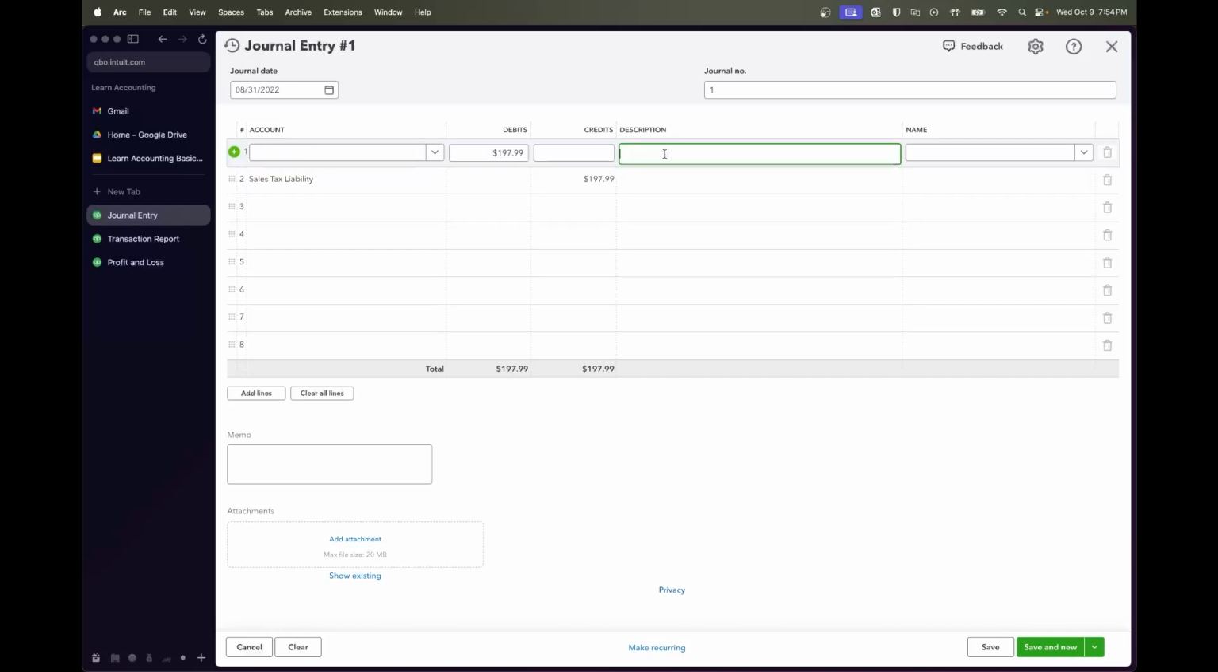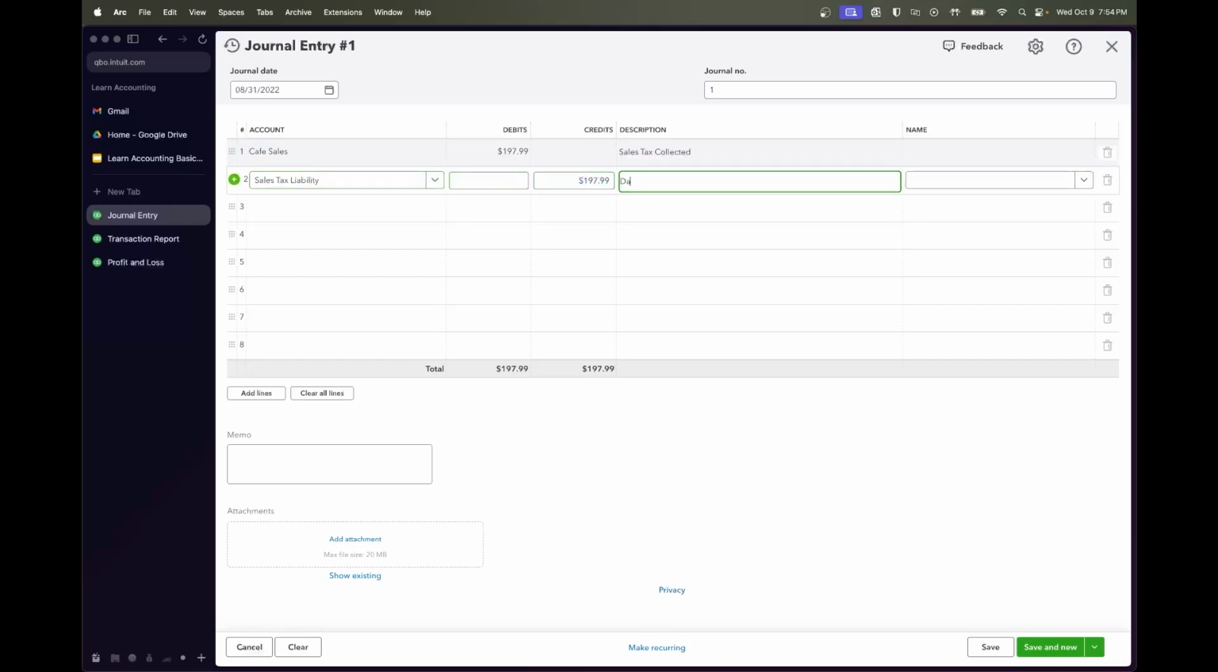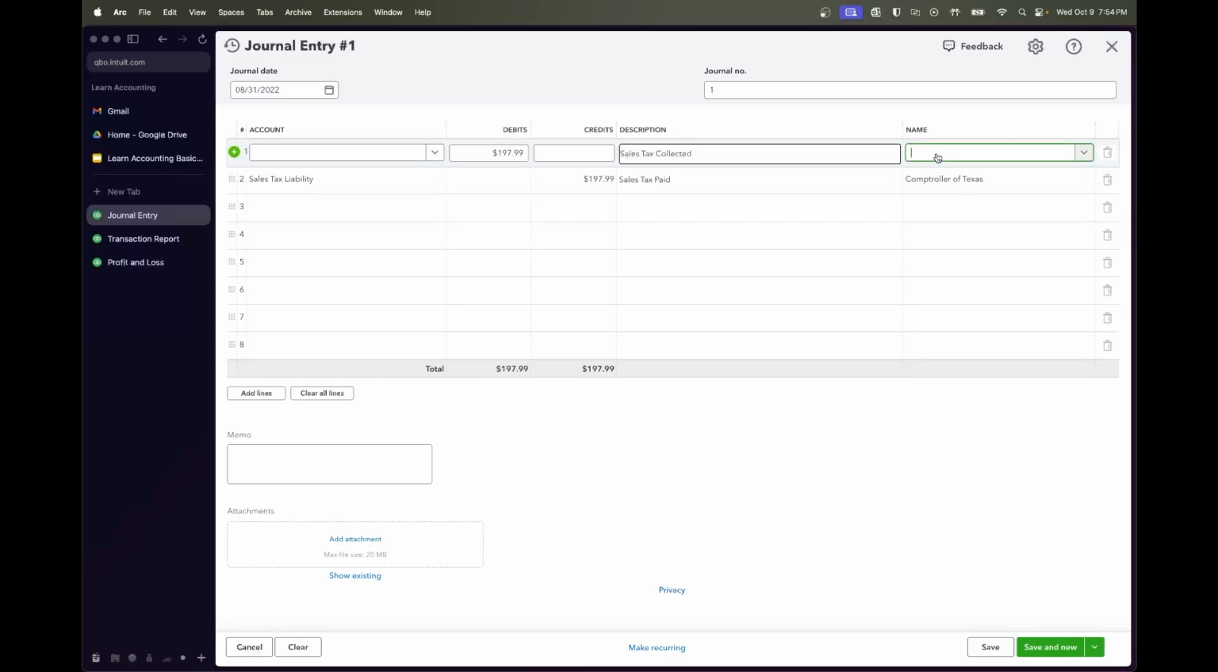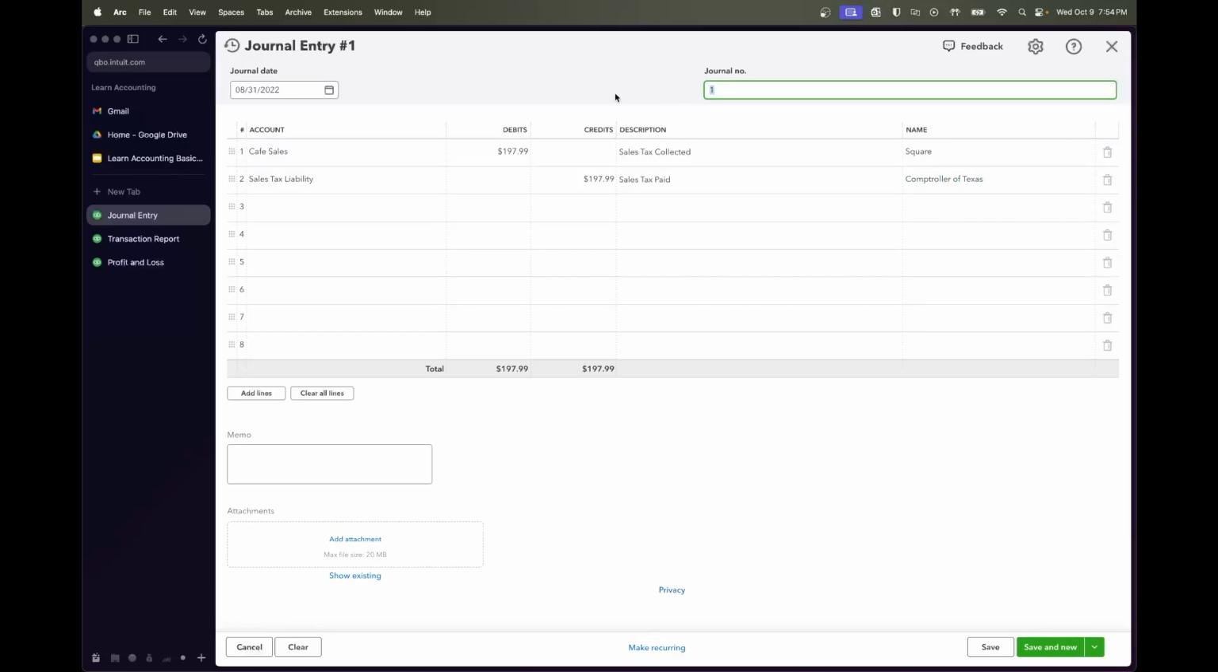This is your journal entry, right? And I'm going to put a description in here: sales tax paid. And here in the name, we're going to want to put Texas Comptroller. And here we can put Square if we really want, but in this scenario, a name isn't super required. I'm going to change the journal name to be sales tax